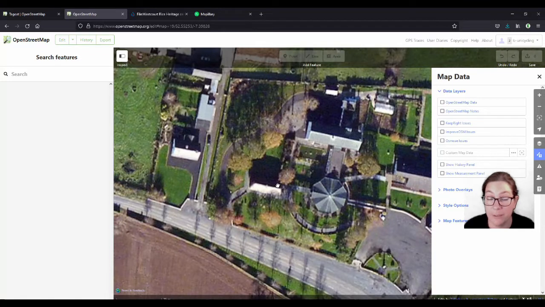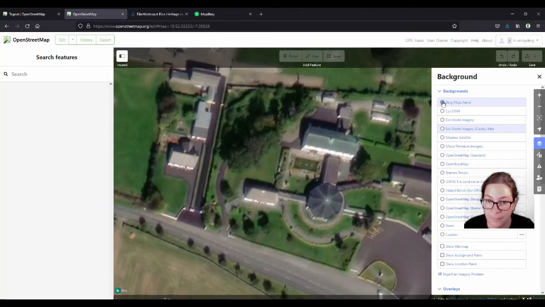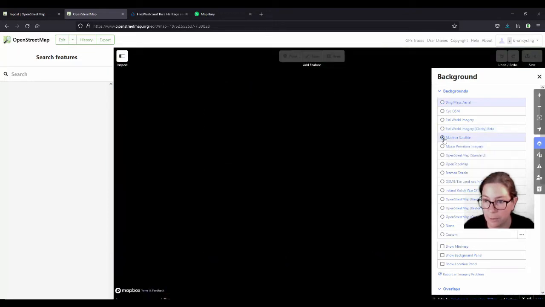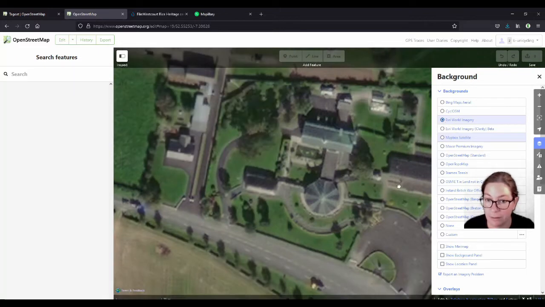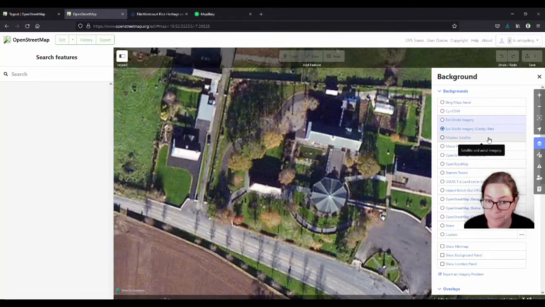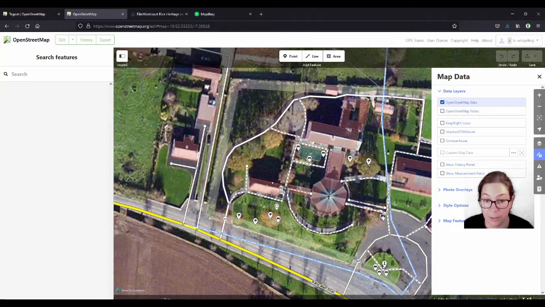And this is Esri. This is the best we have at the moment. Inland, it's not great, but wait till you see any of the other ones. So for example, Bing, it's actually a little bit better than I expected. But you might be able to see after a while that it is thatched. Let's look at Mapbox, which is probably the same as Bing. It is. Or Esri World. It's not great. Anyway, I stick to Esri because it's good enough. And enable the OpenStreetMap data again so I know what to highlight.